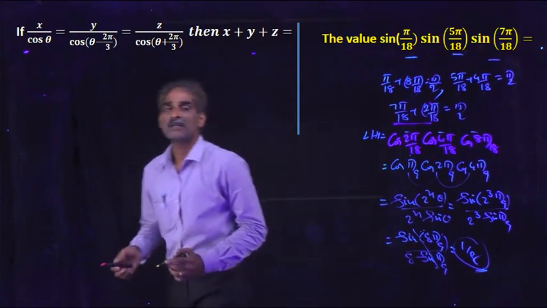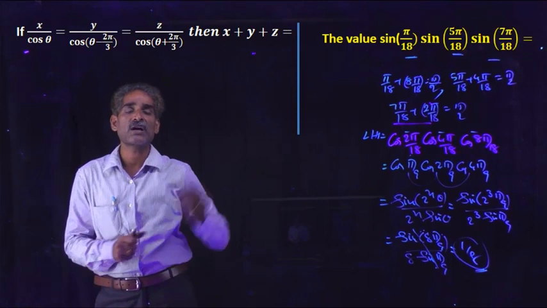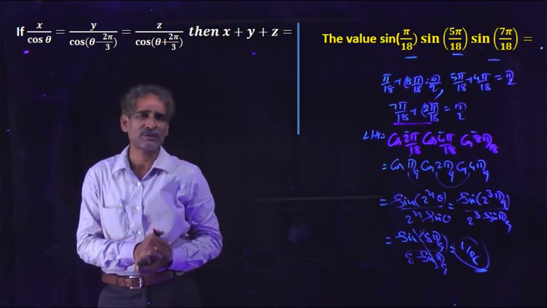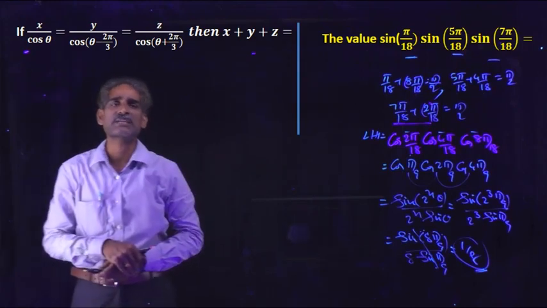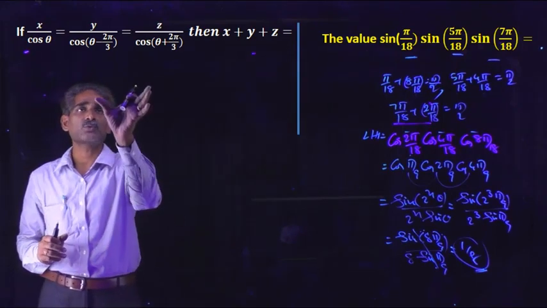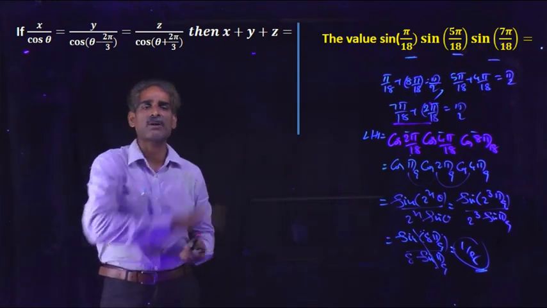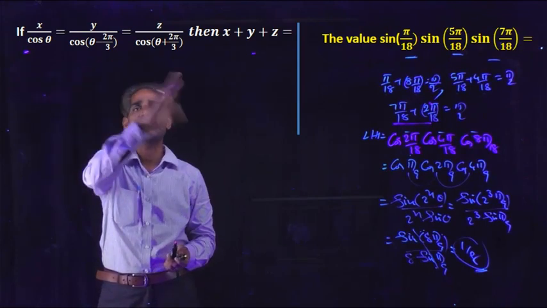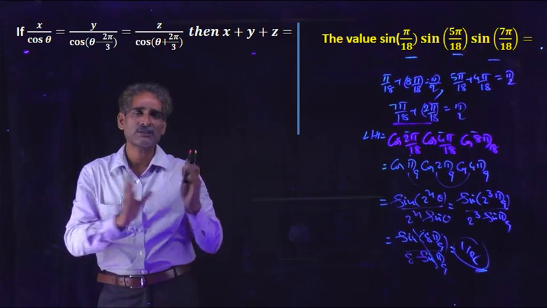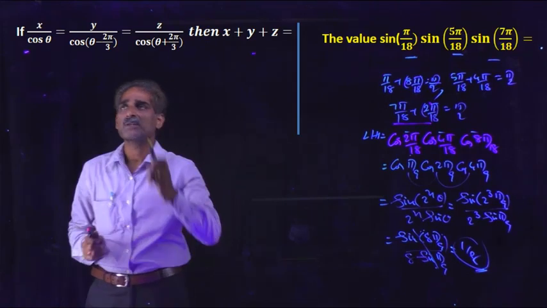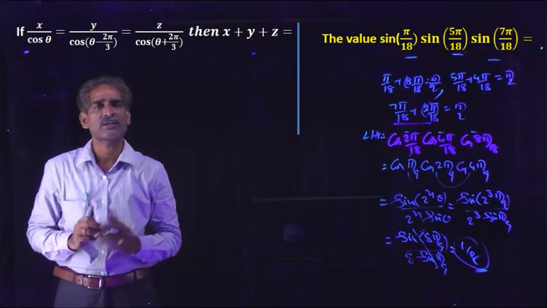So now, next come to this one. Here we have to find the x plus y plus z value. In the options, there are only constants like 1, 2, 3, 1 by 2. That means we have to eliminate theta from these expressions. So here two methods are there. One is by taking the total expression equal to some constant, and taking x, y, z values in terms of that constant and substituting, we can get the answer. But that will take some time. So here I can solve it by the substitution method. That is an important and interesting one.